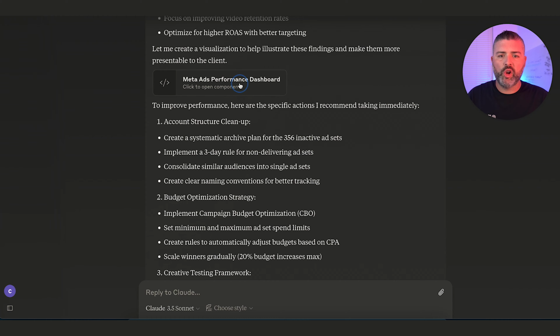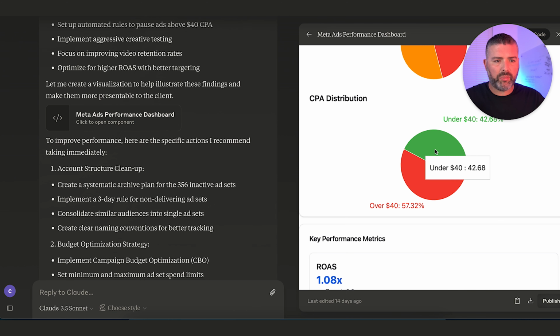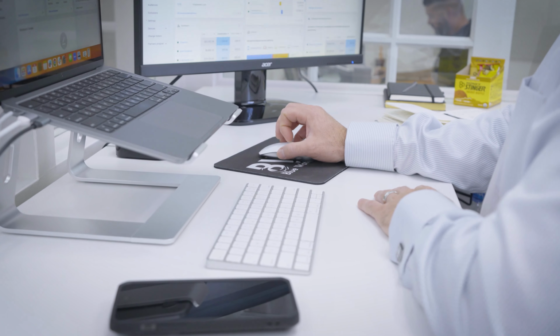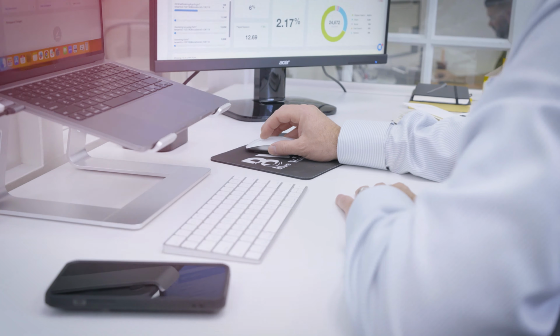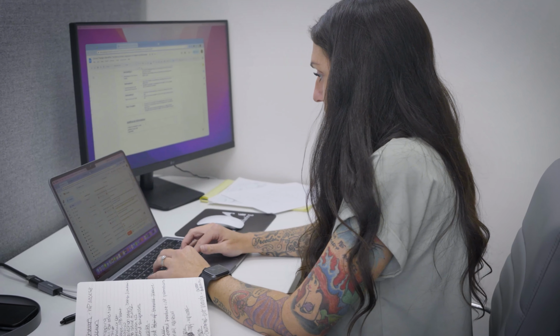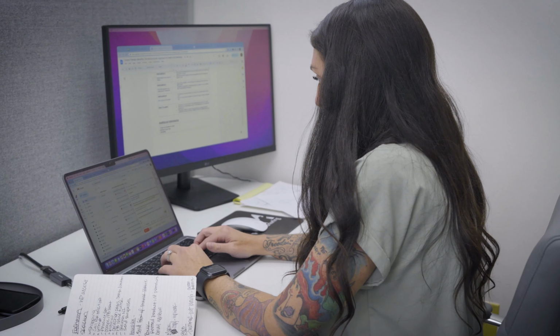As we scroll down, we can have an understanding that 42% of the ads delivered a CPA of less than $40, 57.32% was over $40. So from an efficiency standpoint, my team now knows, okay, all of these ads delivering inefficiently either need to be categorized into baseline KPIs, click-through rate, CPM, CPC, to establish, are they still above account average? If they are, we'll move those into a cost control campaign because the leading indicators show that there's value in